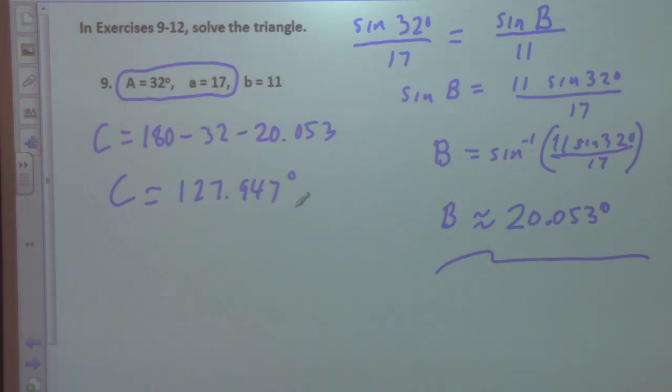So now we have little c over sine 127.947 equals 17 over sine 32 degrees. So if you cross multiply